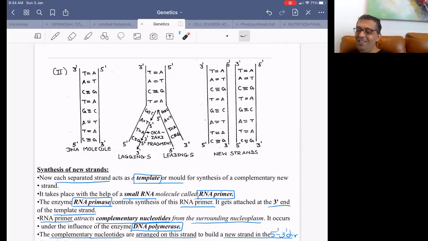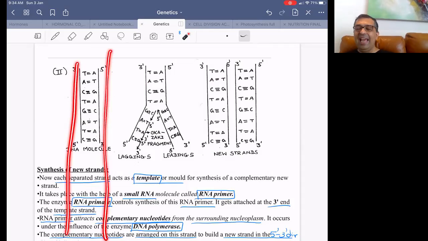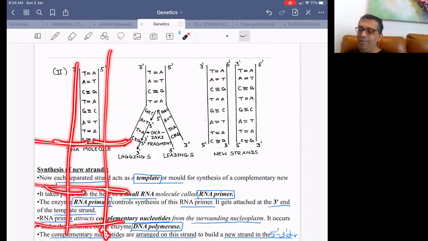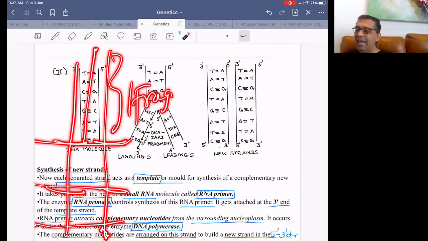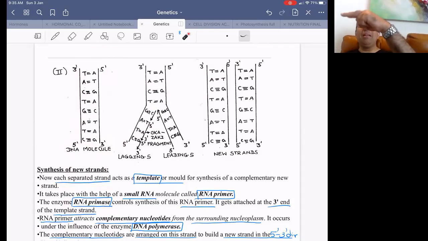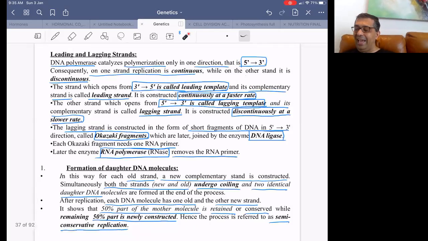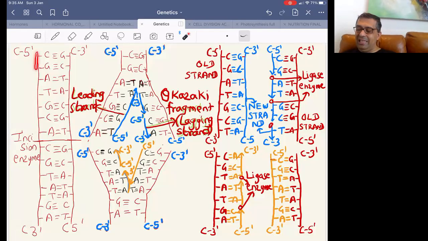If you remember, this was the DNA. ये आपको सिर्फ नॉलेज के लिए. This is only for knowledge. ये आपका DNA and we had taken origin. We have taken origin, incision, incision, incision. We have to replicate only one fragment. एक fragment replicate किया है. Now we have to replicate many other fragments because we had taken multiple incisions with the help of incision enzyme. So what is the real thing? The real thing is this